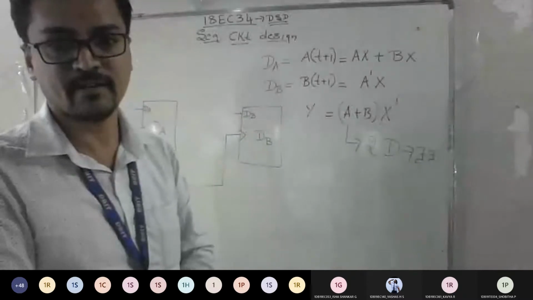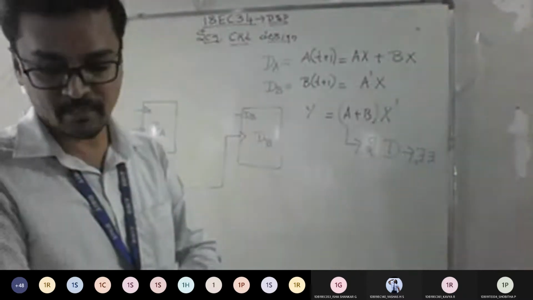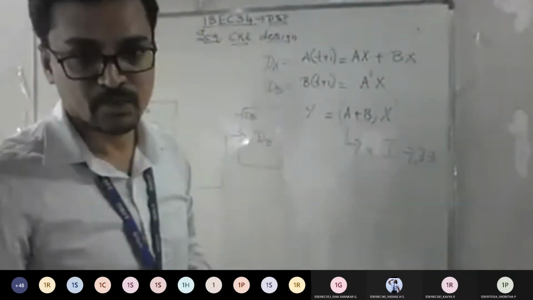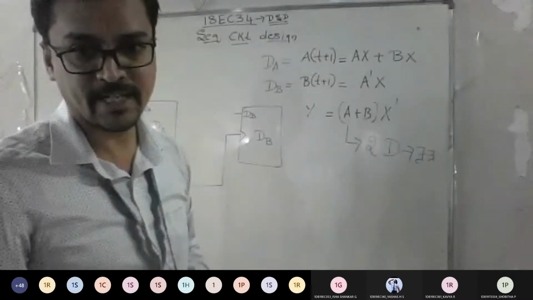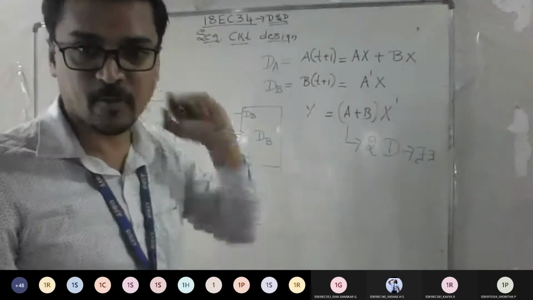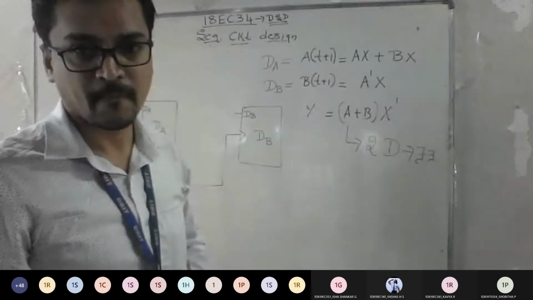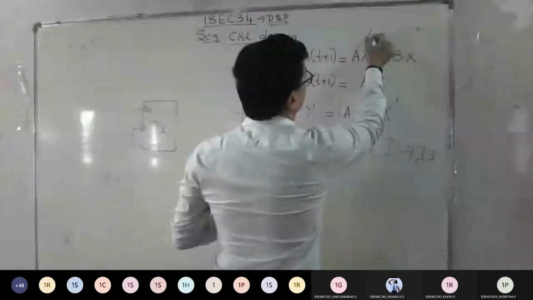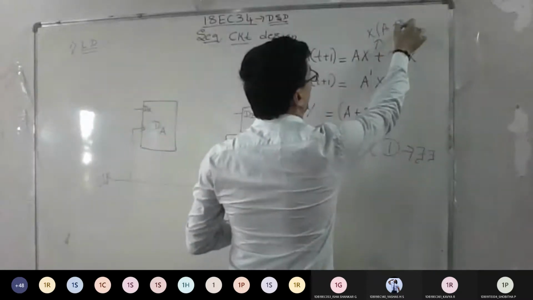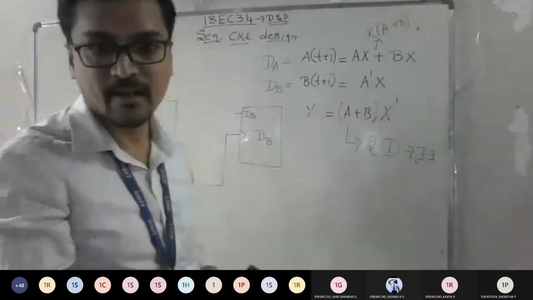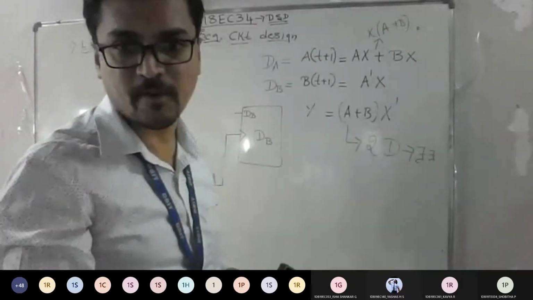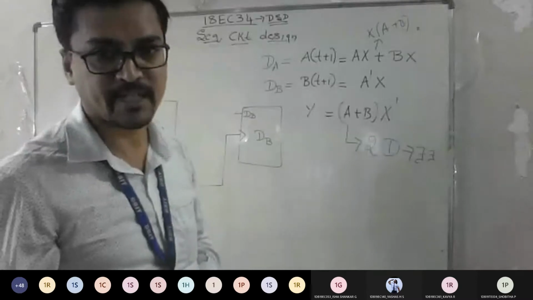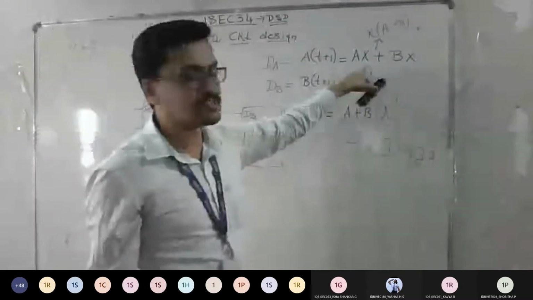So how many inputs do you have there? AX plus BX. How many inputs do you have? 3, sir. 3 inputs. Good. So out of 3 inputs, which is a common input for both? X. Say I can write this equation how here. So I can take X common, I can make it as A plus B also. Correct? Or I can give a common input for both AND gates, and I can short also. So both are possible. Correct? So we'll go with AX plus BX.